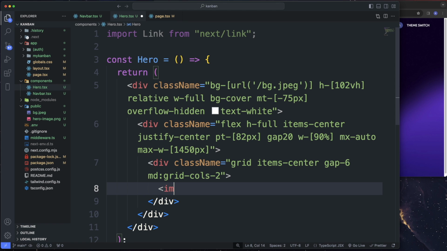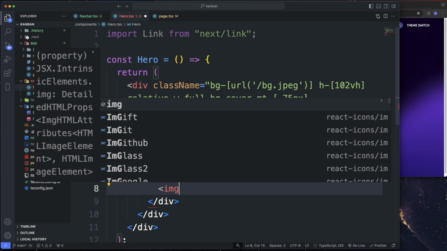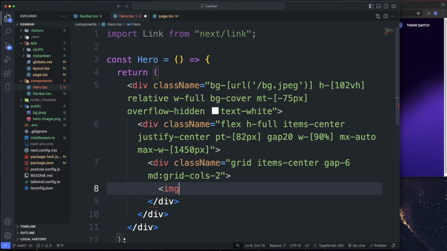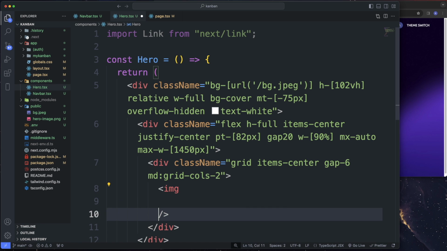And here we're gonna have an image tag, and I'm not using the Next.js image tag. I'm starting to really dislike that. It makes you set a certain width and height, and I don't know. I'm starting to really dislike the Next.js image. I've been having a bunch of problems with that component. So let's just use the regular HTML image tag. And for the alt, we can just do